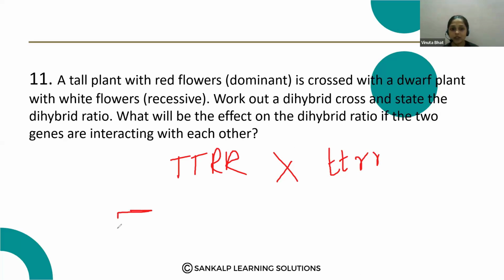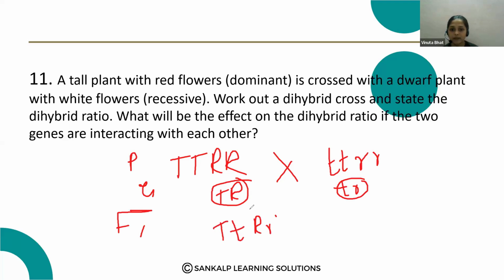In the F1 generation, they produce the gametes TR and tr. So these are the gametes from the parental generation. The F1 generation will be TtRr. This is the F1 generation. When the F1 generation is self-pollinated, F1 into F1,